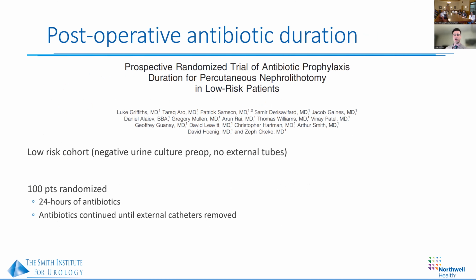So this was an area which we wished to evaluate at our institution. We put together a prospective randomized control trial, and we wanted to evaluate patients in the low-risk cohort. So we looked at patients who had a negative urine culture, no external tubes, and no prior procedure. We randomized 100 patients who were undergoing PCNL to either one group who received 24 hours of antibiotics as recommended by the best practice statement,